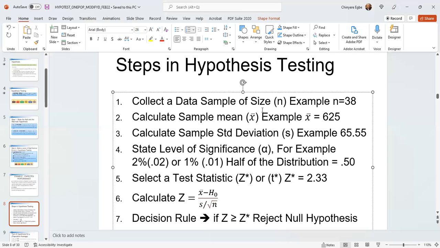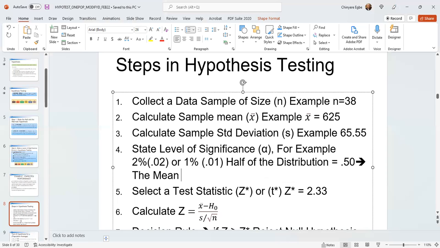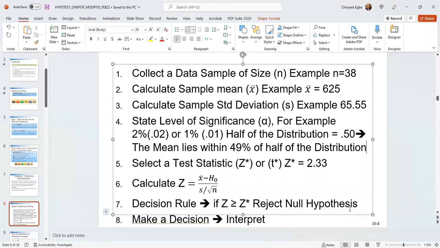And this then means that the mean lies within 49% of the distribution. Now let's go back and ask ourselves, how do we then select